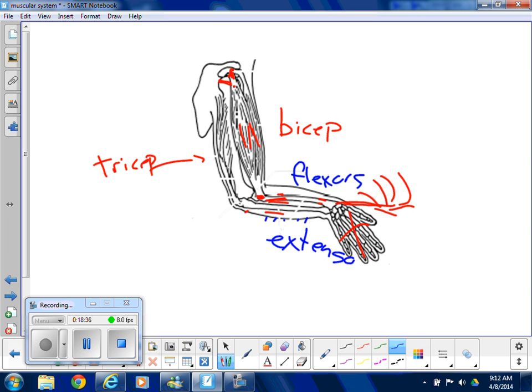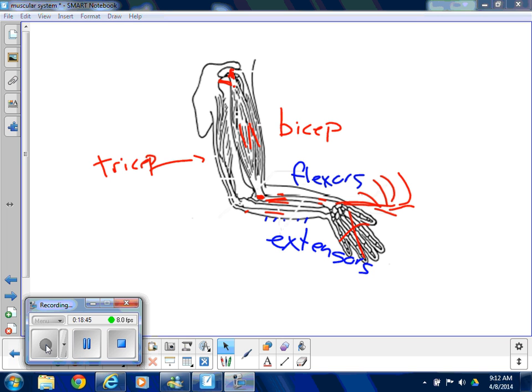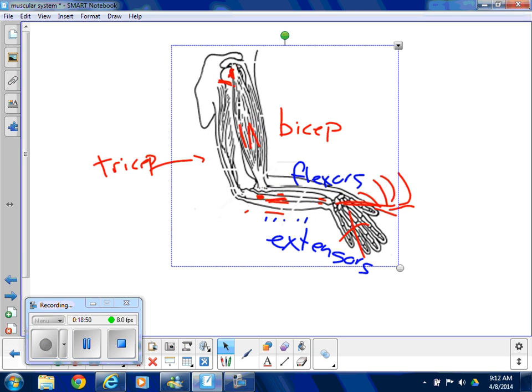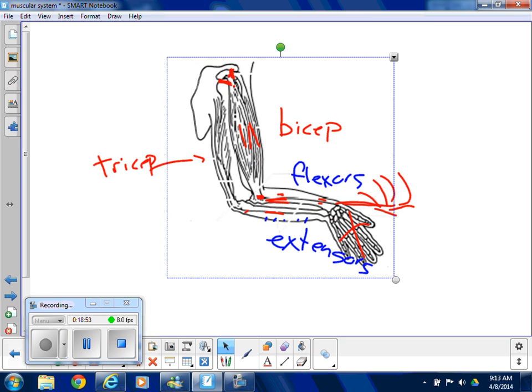Wait, Mr. Donovan, the fingers have no muscles. They do. And only tendons. Okay. What happens is the muscles are above. So, for instance, your bicep and tricep are up here, but they're moving this part of your arm. These muscles in your forearm are actually moving your hand. So if you hold your hand up this way, flex, extend, and again, if you put your arm loosely around your forearm when you do that, you can actually see them squeeze and extend. So your hand, your fingers are moving because of the muscles in your arm.